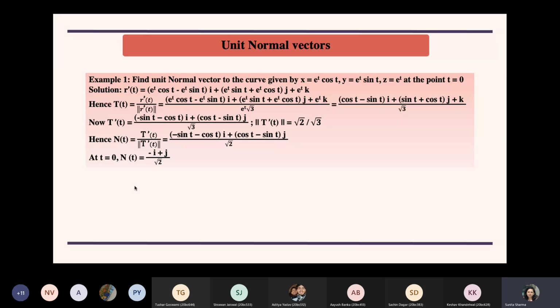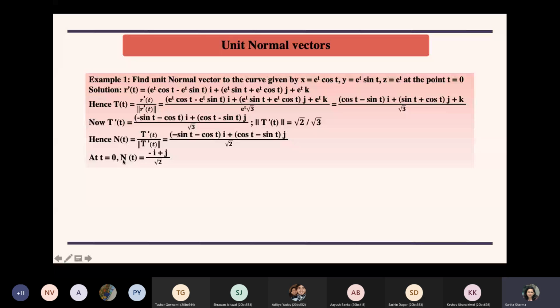So in that case, it is always better that you find T, the unit tangent, in terms of the parameter t, and then substitute t as 0 to get the answer. Then, because you have to use it for the unit normal, for calculating the normal you will have to differentiate it with respect to t. So this expression will be used for calculating the normal vector, and then you find the unit normal. After you have found this out, only in the end you put the value of t as 0 and you will get the unit normal vector.